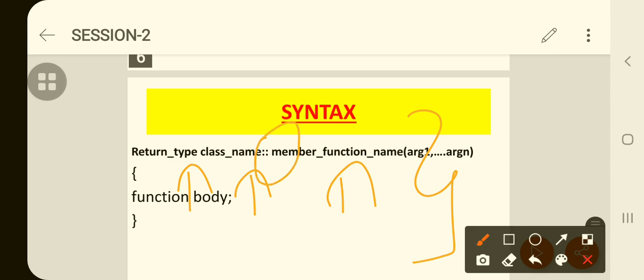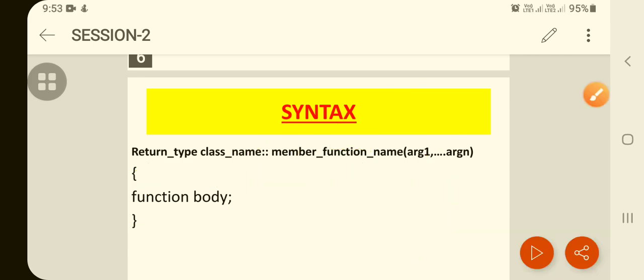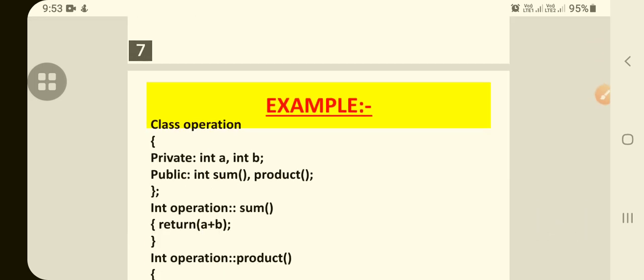The scope resolution operator helps the user access the member function outside of the class, as I discussed a few minutes back. The arguments are those used in the program. Inside the curly braces is the function body. So this is the syntax for defining member functions outside of the class.